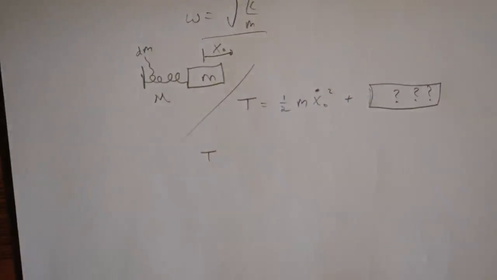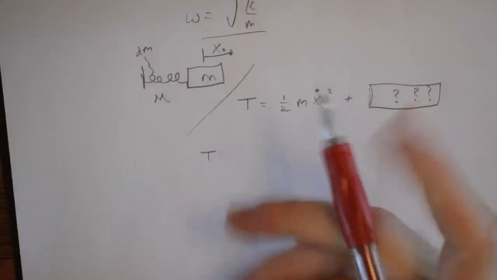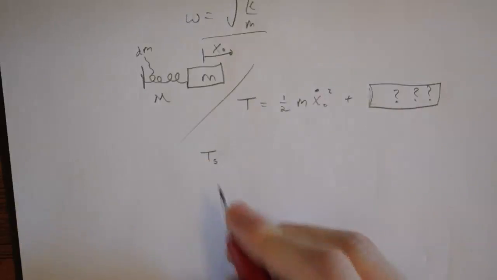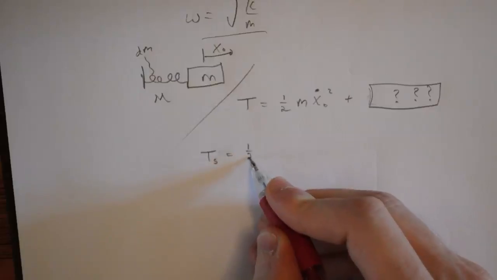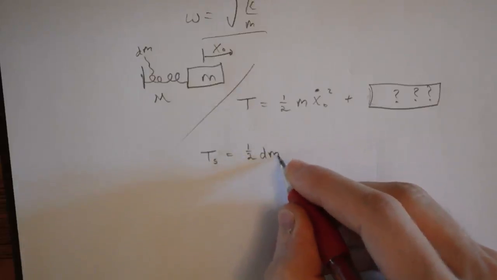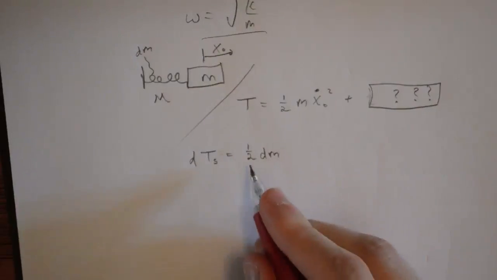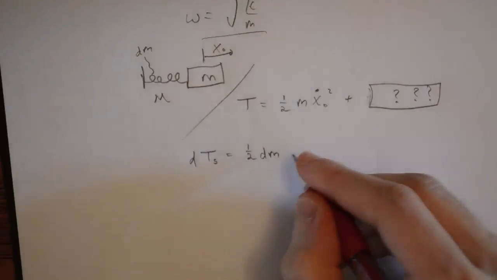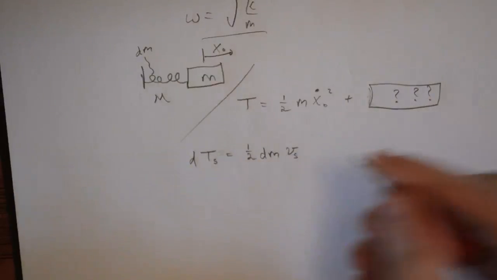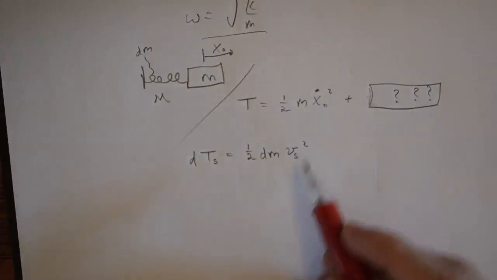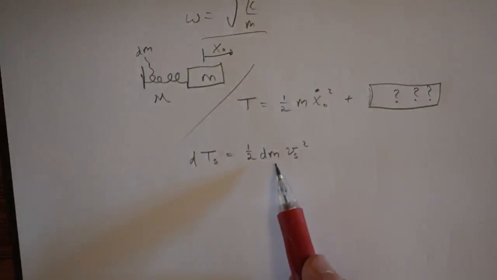So it's T equals, so just to be clear, this is T sub s, and that means the kinetic energy of the spring equals 1/2, like usual, dm. So we're talking about an element of kinetic energy, so I'll call it dT sub s, 1/2 dm times the velocity of a spring element squared. So this is all fine because we have the total mass of the spring. dm is really just